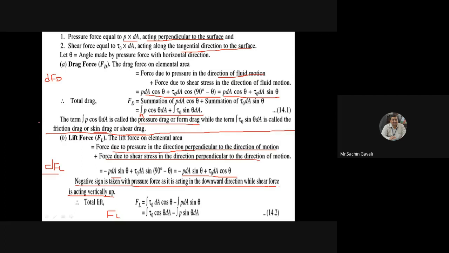I think you have understood drag force, so definitely you will understand lift force. But still, as a formality or my duty, I am asking: understood? Yes, sir. Suhas, okay. Nikita Pawar, yes. Good. Shivan Nani, yes. So right, tell me overall. Quickly write down, because from now on, for moving bodies, there is only an empirical relation. I will tell.